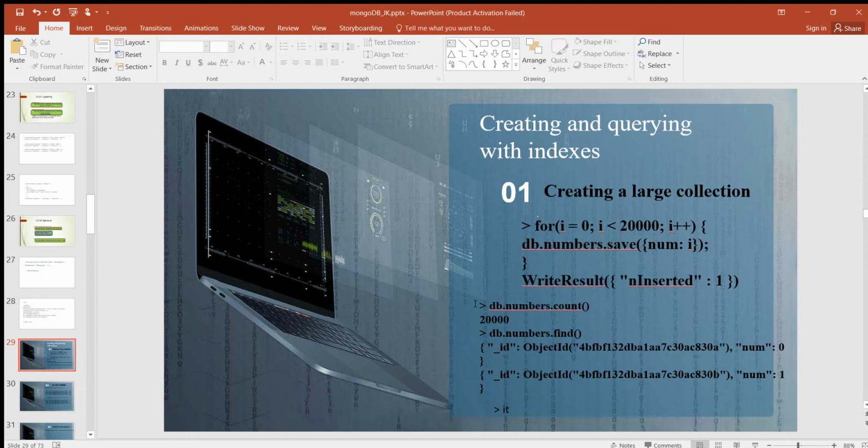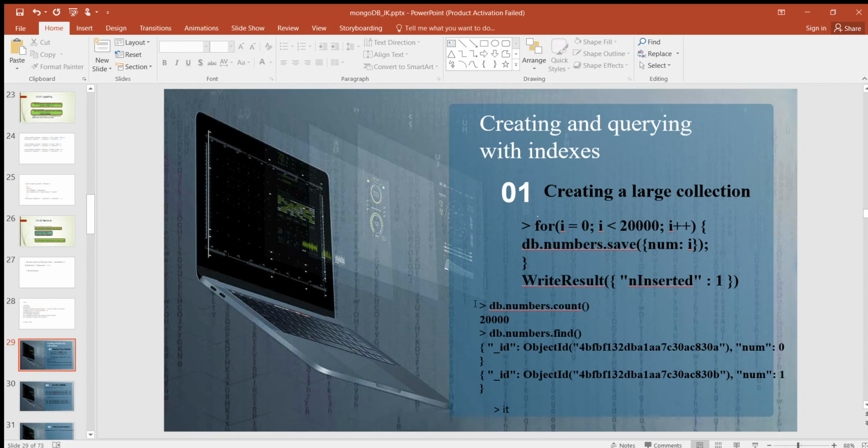The documents are stored in the collection. To see how many documents we have stored, db.numbers.count gives 20,000. If we want to display everything, like select star from table name, then db.numbers.find. The following result will be displayed. That's a lot of documents, so don't be surprised if the insert takes a few seconds to complete. Once it returns, you can run a couple of queries to verify that all the documents are present.